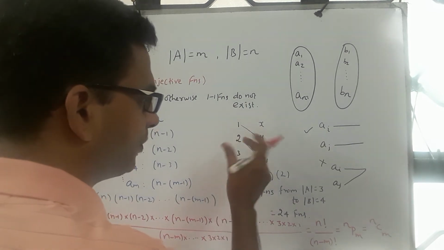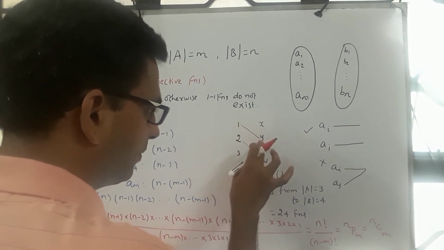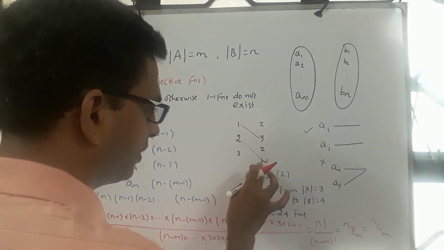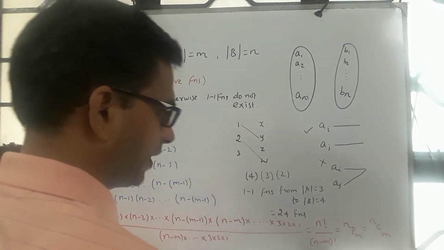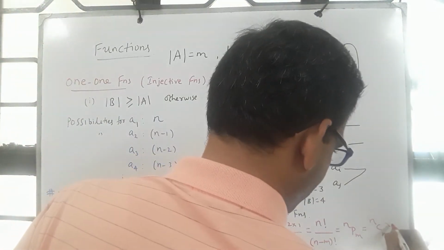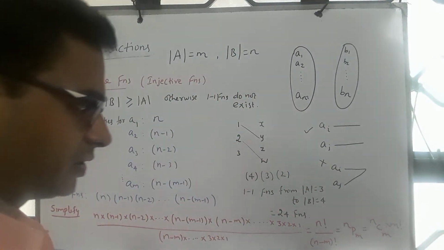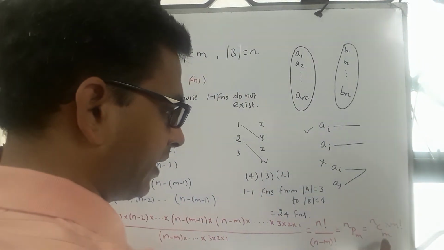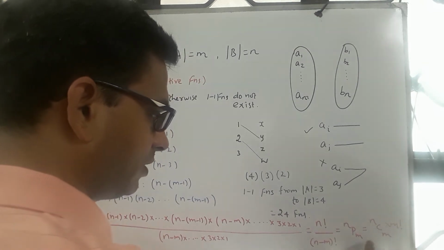Then they can be permuted. They can be permuted, meaning for example 1 can be mapped to y, 2 can be mapped to w, or 1 can be mapped to w and 2 can be mapped to y. So that permutation brings m factorial. So this is n factorial divided by m factorial into n minus m factorial into m factorial,